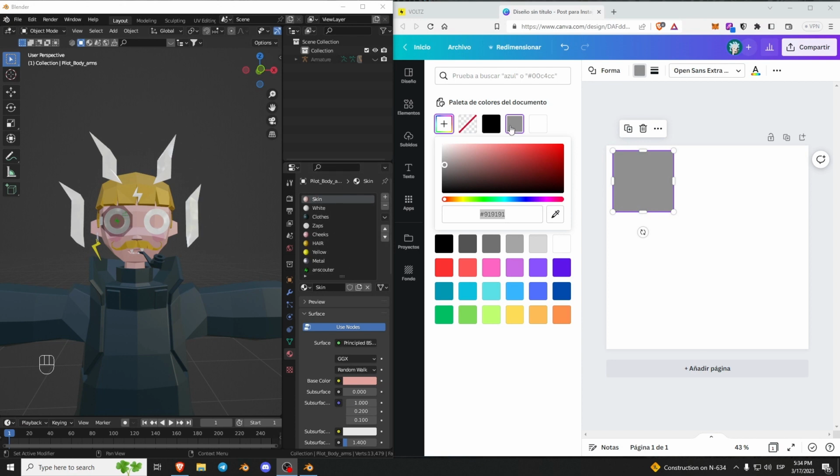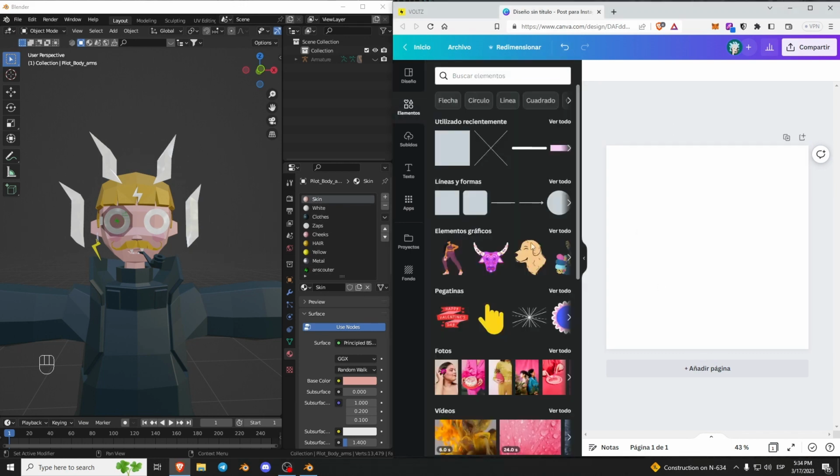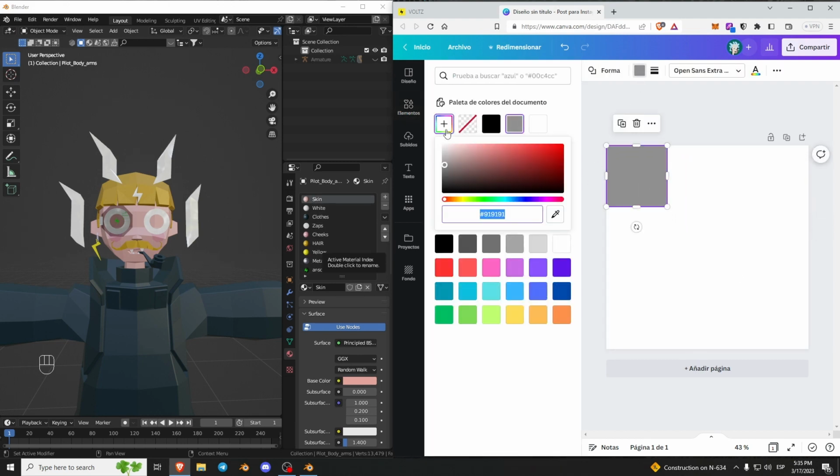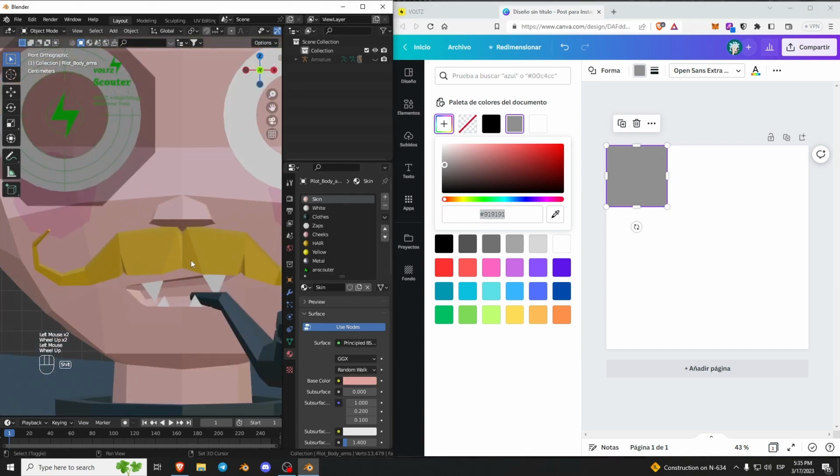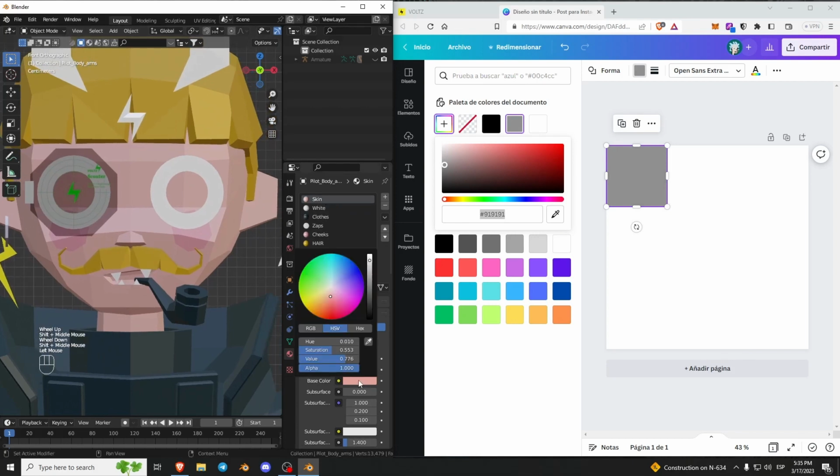Now what we are going to do is going to a free website. I chose Canva because it's an easy one, and what we are going to do is use the colors of these textures in the same picture. How? What I'm going to do is select a square, or could be a circle, doesn't matter, and I'm going to use the same color that here has the VOLTZ avatar. For example, the skin, we go here, texture,